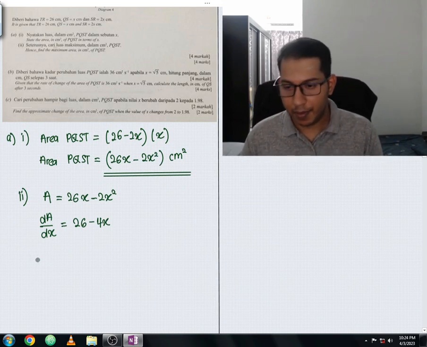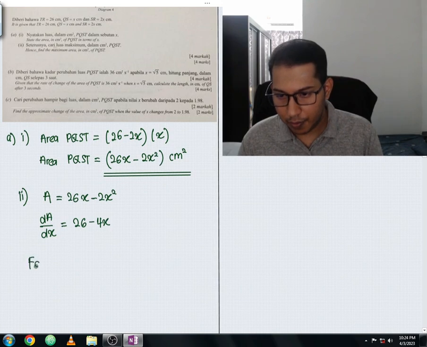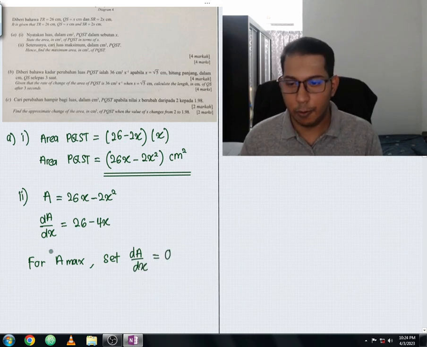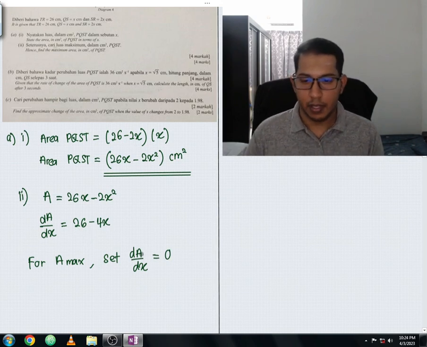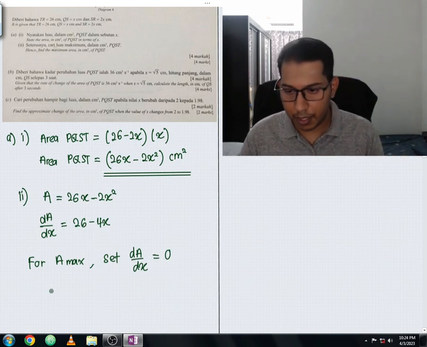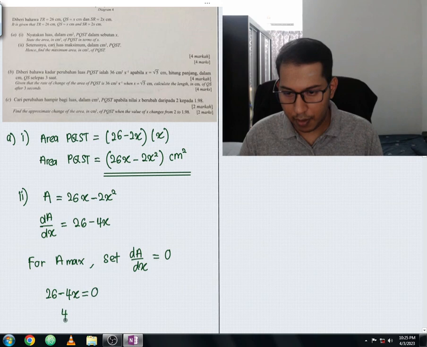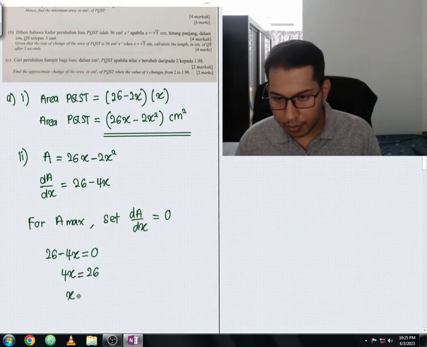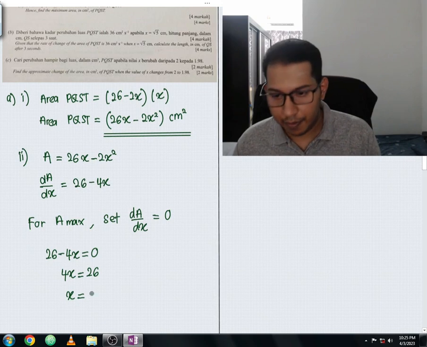Okay, so from here, for A max, we're going to set dA over dx equal to 0. Okay, so dA over dx we already found, which is 26 minus 4x. So we're going to make it equal to 0. So from here 26 minus 4x equals 0, so 4x equals 26. Okay, to find your x, you divide 26 by 4. So you calculate this, you should get x is equal to 6.5